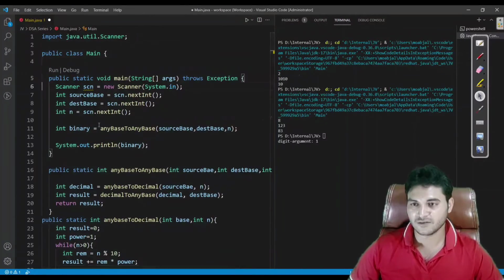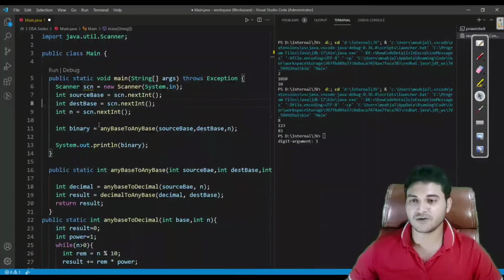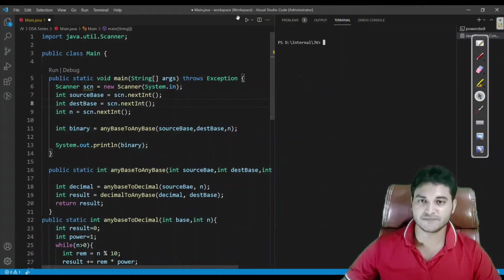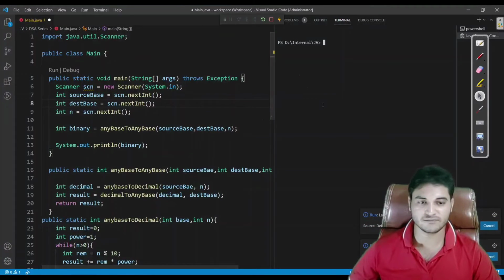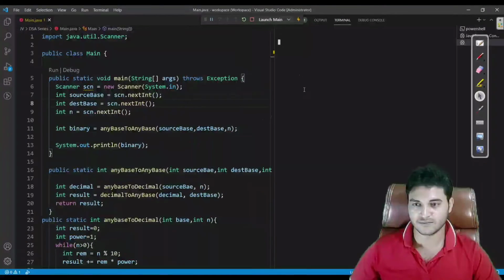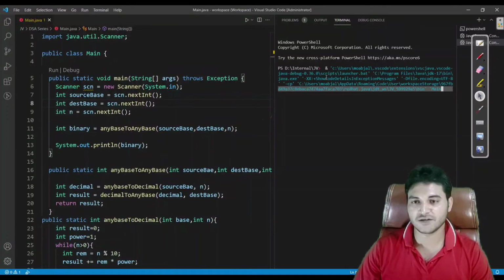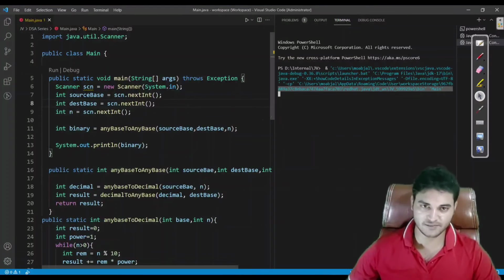Fine. So let's see whether this program is going to work or not. So I'm going to clear the screen. Let's say I want to go from binary to decimal this time.